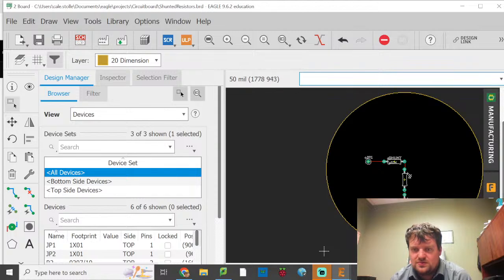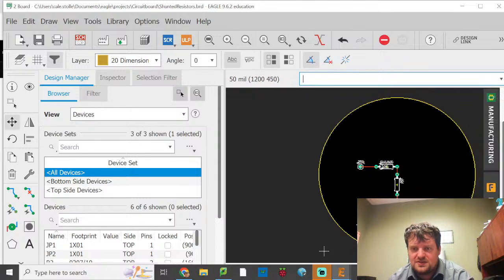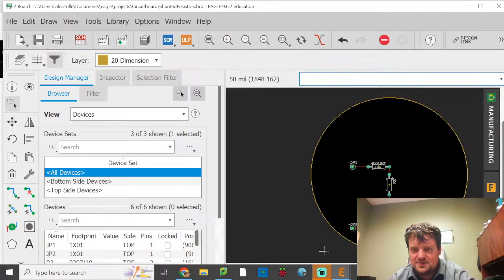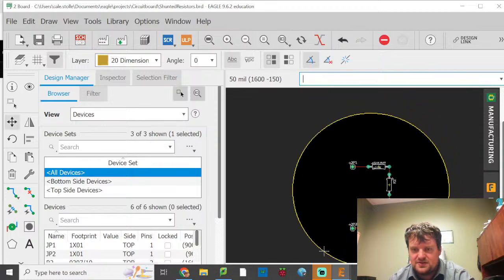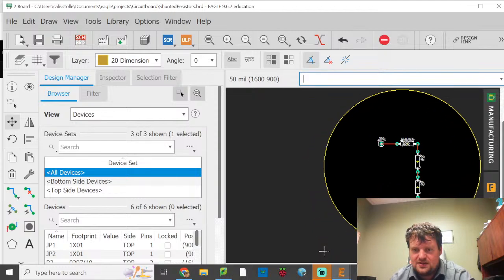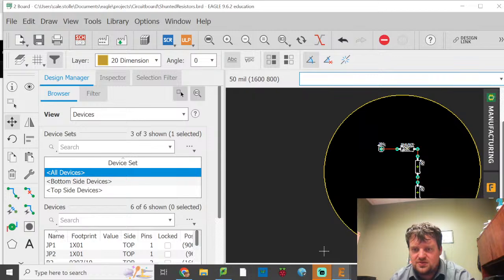Oh, didn't want to select the circle. Escape. Try that. See if I can't move it without moving the circle. Ah, dang, it's going to make me move the circle. Okay, I'm going to try grabbing the circle separate. Centering it. Right, and then grabbing everything. There we go. Yay. So now I've got a circular board shape,